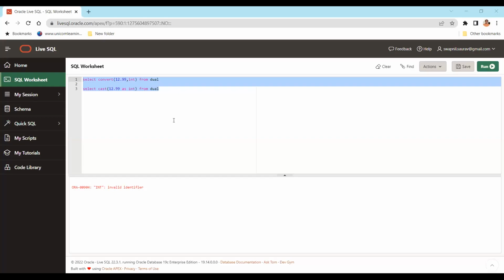So now if I try to run this, you don't have the dual thing here, right? So I'll remove this. So now if you run this,